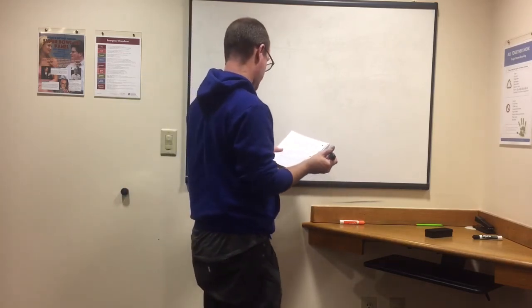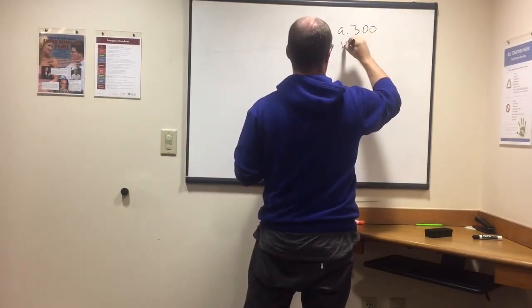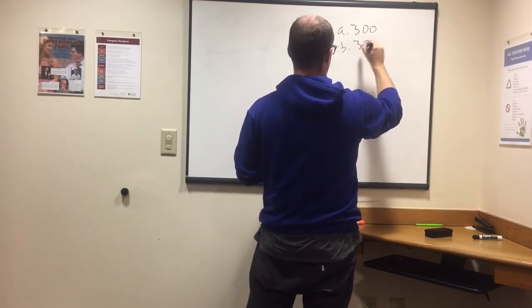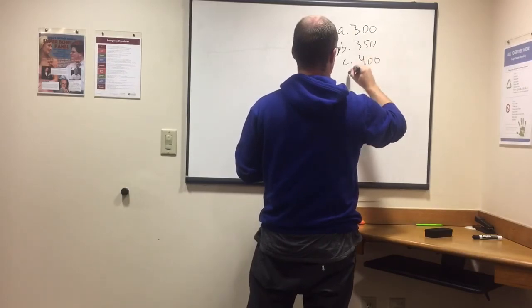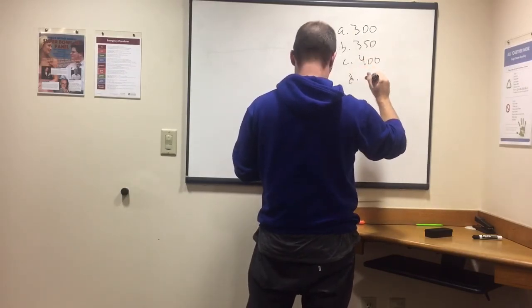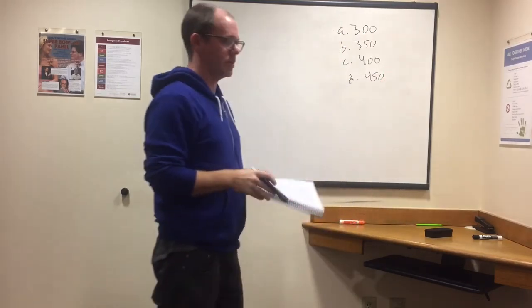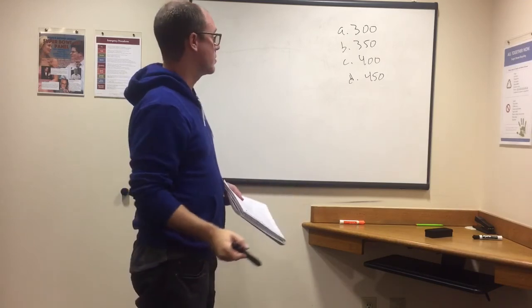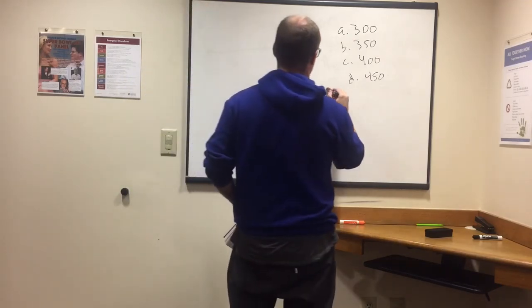So the answer choices on this are going to be 300, and we're just going to look at answers and plug in. 350, this is for Brad's weight. C. 400. D. 450. So you got Brad weighs twice as much as Vince. Vince weighs twice as much as Phil. And then we're just going to pick a number. So let's pick 300. So if Brad is 300,